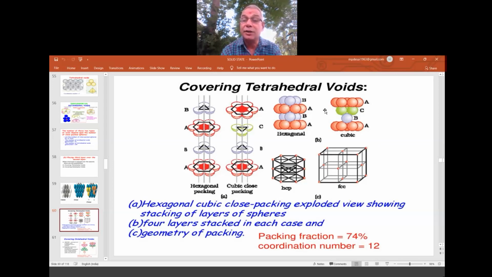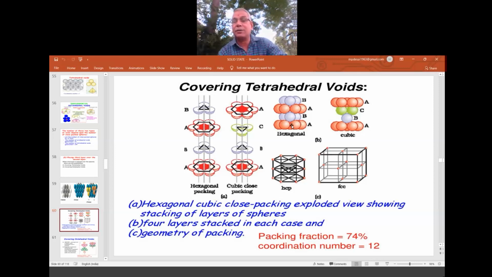Otherwise, if you arrange in this way, A layer, B layer, C layer, in the opposite direction, covering the tetrahedral voids, again fixing A layer, and then again B. So ABC, ABC, ABC type, or AB, AB, AB type. If you go for AB, AB type, the structure is called as what? Hexagonal close packing. This is very difficult to visualize, so just try to understand. Otherwise, you can go buy tennis balls and try the packing yourself. By using this slide figure, if you pack it, definitely it looks like a hexagonal close packing.